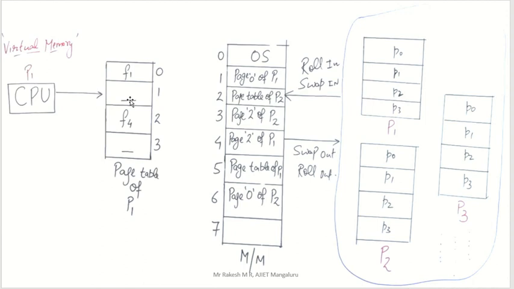So the CPU can't access it, right? This concept is called page fault. Whenever the CPU asks for a particular page and it is not there in your main memory. If any page is in main memory, definitely you can see it in the page table, but it is not shown in the page table, so it is not there in your main memory. Nowhere do we see page 1 of process 1. So this concept is called page fault. There is a fault: the page is not there whenever the CPU asks.